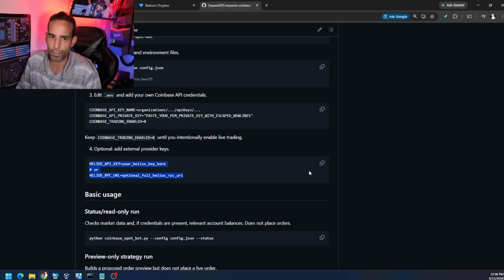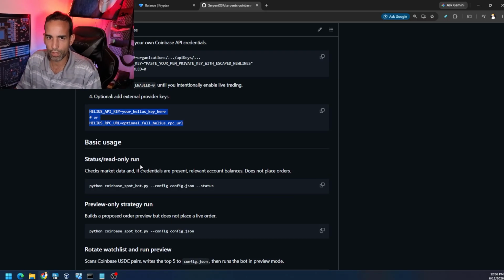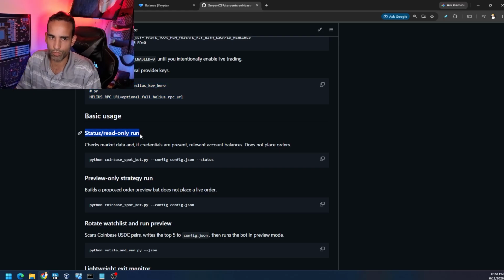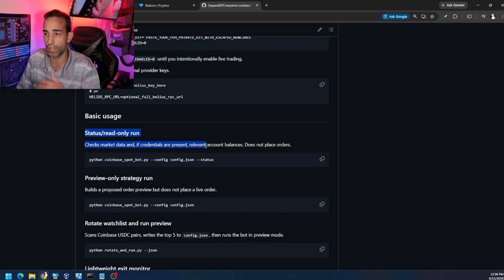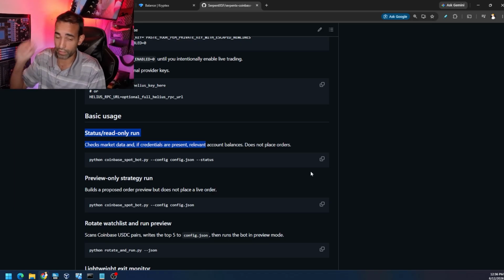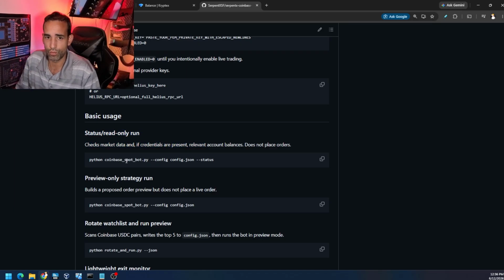Add optional API if you want to. All that good stuff. And then basic usage: status and read-only run. Check market data if credentials are presented. Like if you did put your Coinbase API in there, it would check the market data if credentials are presented, or the Helios or anything else. And then this is the command to check the JSON status, which by the way, if we go